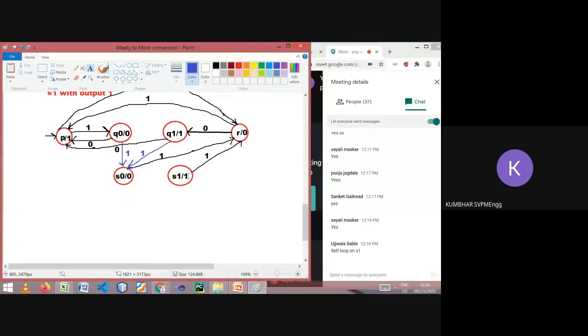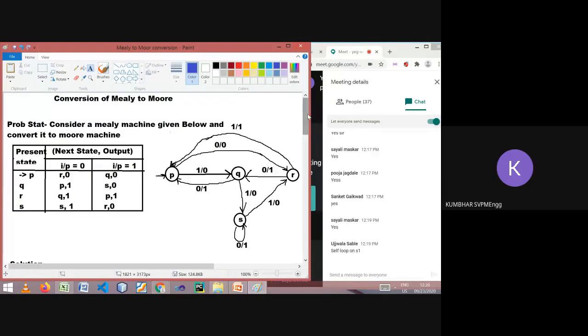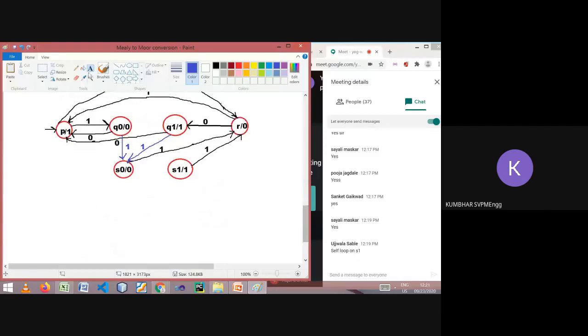So the transition of 0 we have to show from S to S. Now, two S parts are there. So one transition will be from S0 to S1 because output 1 is there, and one transition is a self loop from S1 to S1, both with input 0.